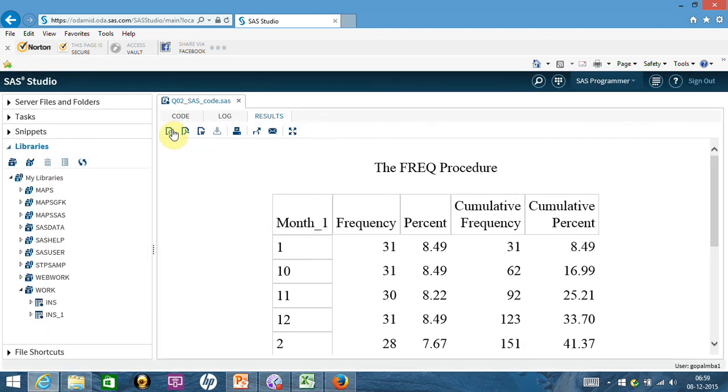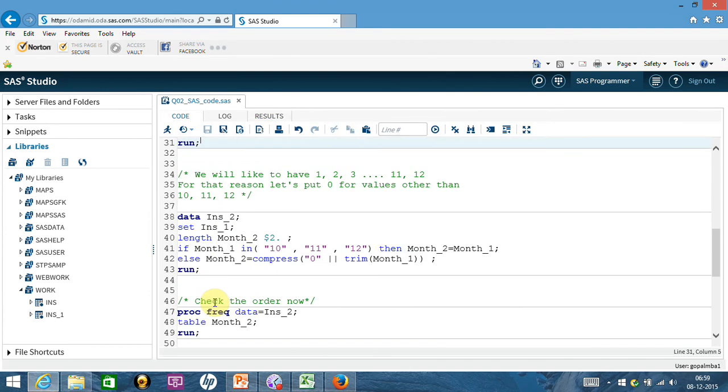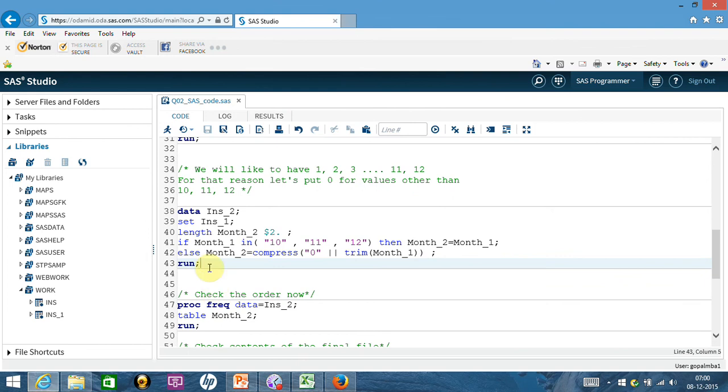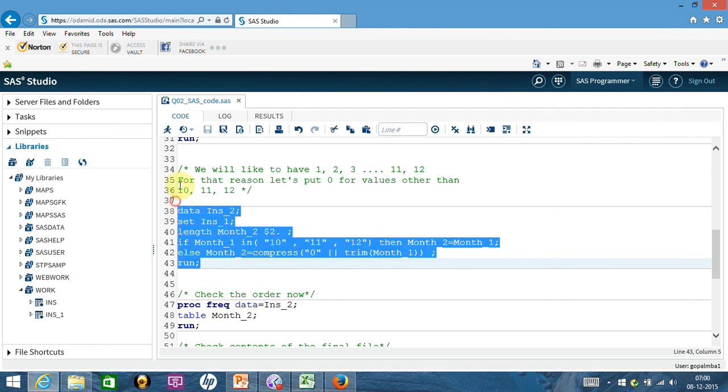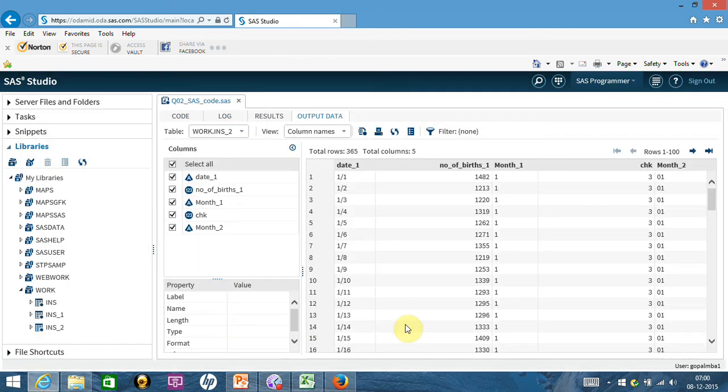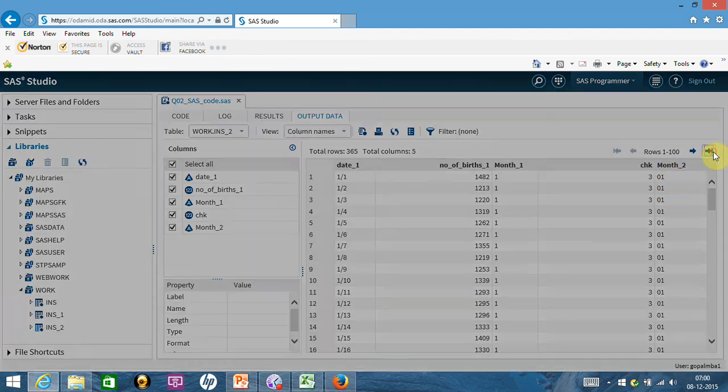It is fine, but it will produce 10 after 1, which we do not want, correct? So what we can do is put that if month is in 10, 11, 12, month 2 equals month 1. Otherwise, put a 0 in front of that. So what I am doing here is, if month is not in 10, 11, 12, put a 0. Let me run it like this. From month 1 I created the month 2 field, and month 2 has come with 0 here, and at the bottom it should not put 0.